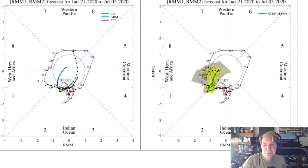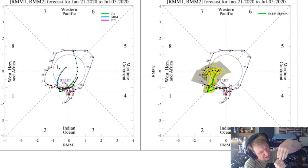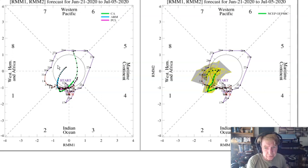Phase diagram charts. All right, this is another way to track the MJO, a better way to track the strength of it and its exact position. So what are we looking at here? This circle, assume this is the North Pole, and you're looking down. If this is the planet, you're looking down from the top, down towards the North Pole, and the equator is out around the edges here,